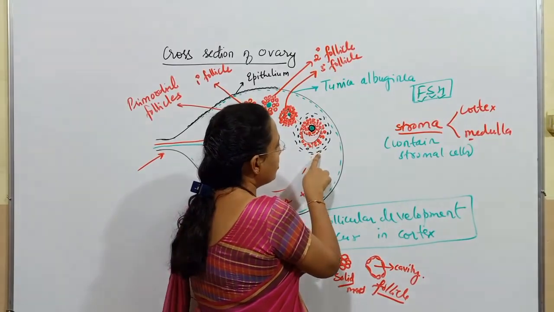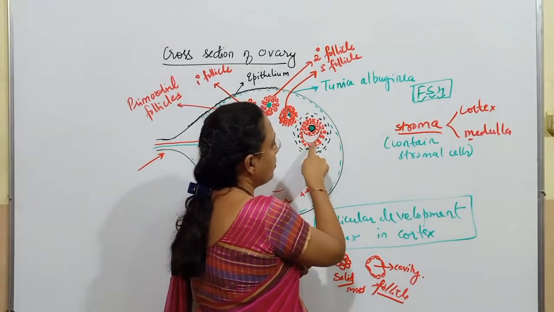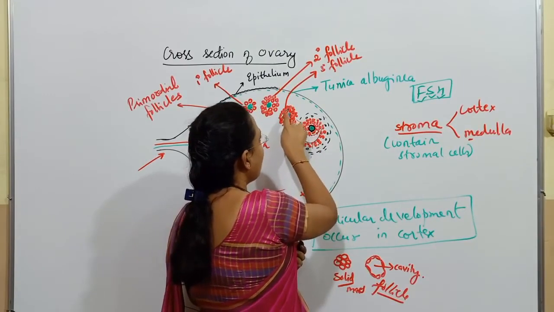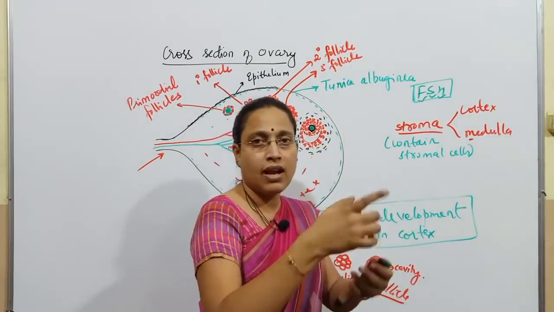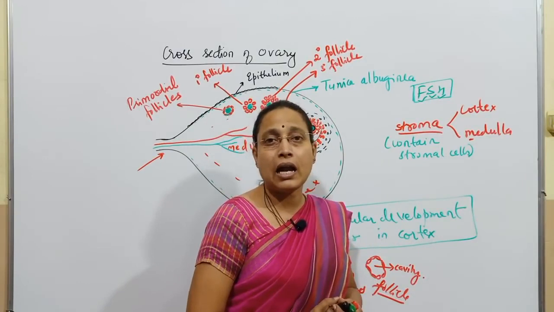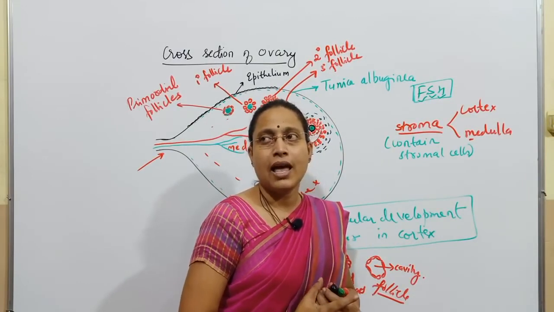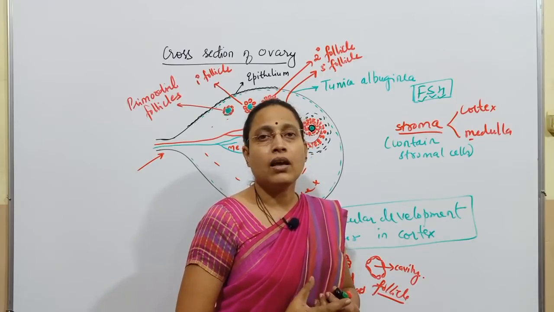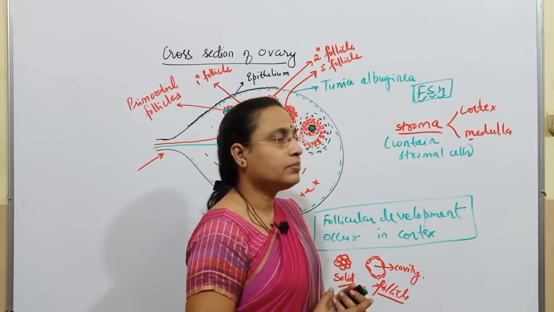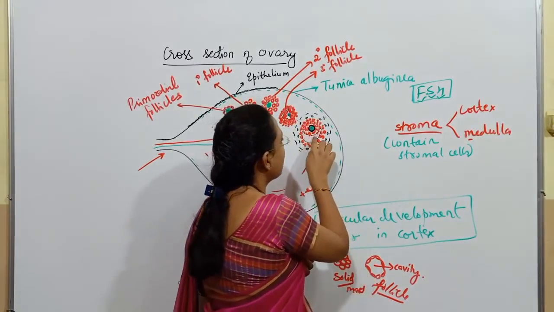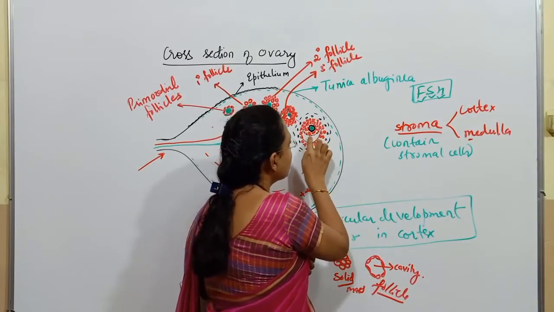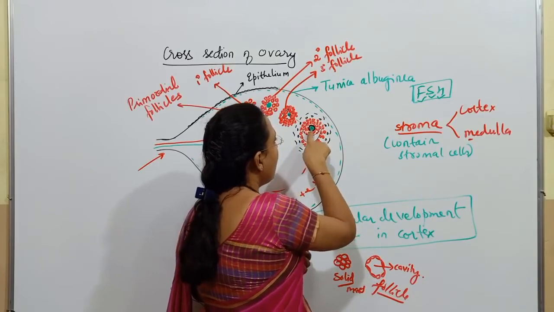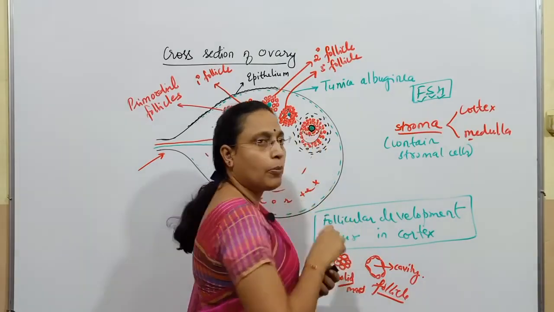So therefore theca externa, theca interna, membrana granulosa and a big cavity. That means whatever small cavities were formed will fuse and form a big cavity called antrum. So which is this cavity called? Antrum, and it is filled with a fluid whose name is liquor folliculi. This liquor folliculi fluid is gradually released by the surrounding cells. And this is the egg proper.